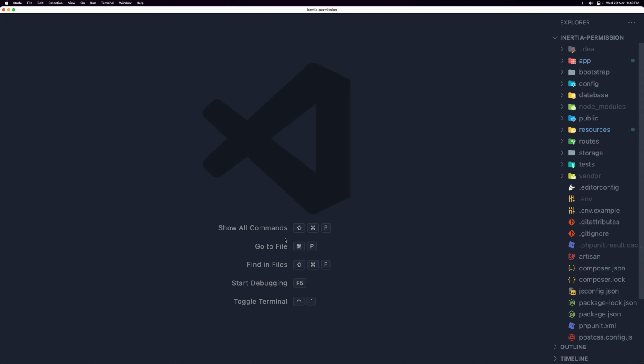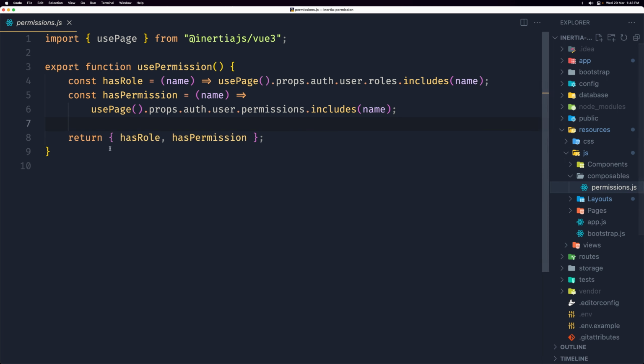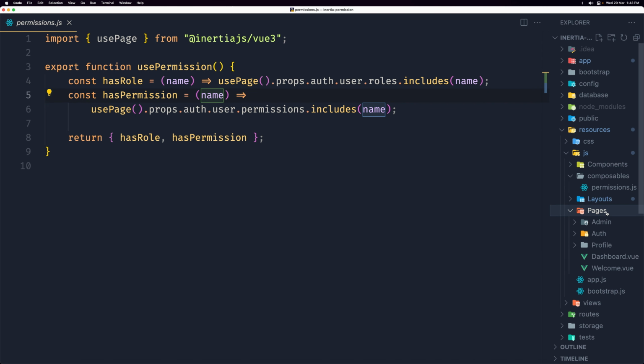open here the resources JS. Yeah, we can use a composable. Here we created for has a role and has permission, and we pass the name. So now on the post index, so let's navigate in the admin, post